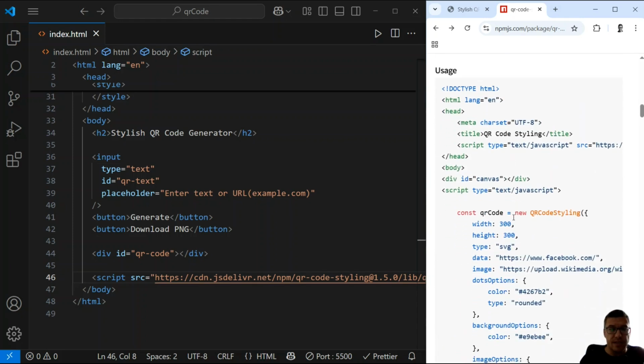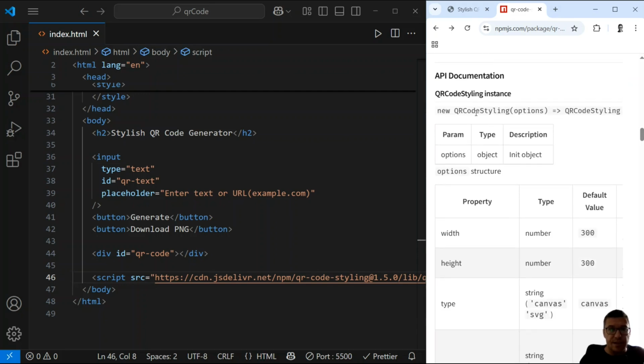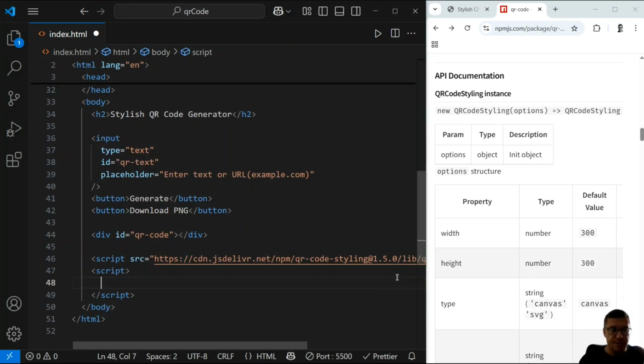And as you can see, here are the options. We create a new QR code styling object, and then we can have a bunch of options. Now let's start creating our QR code. Below this script, I will define my own script where I will write my JavaScript code. So first I will define a constant QR code, which will construct a new QR code styling,